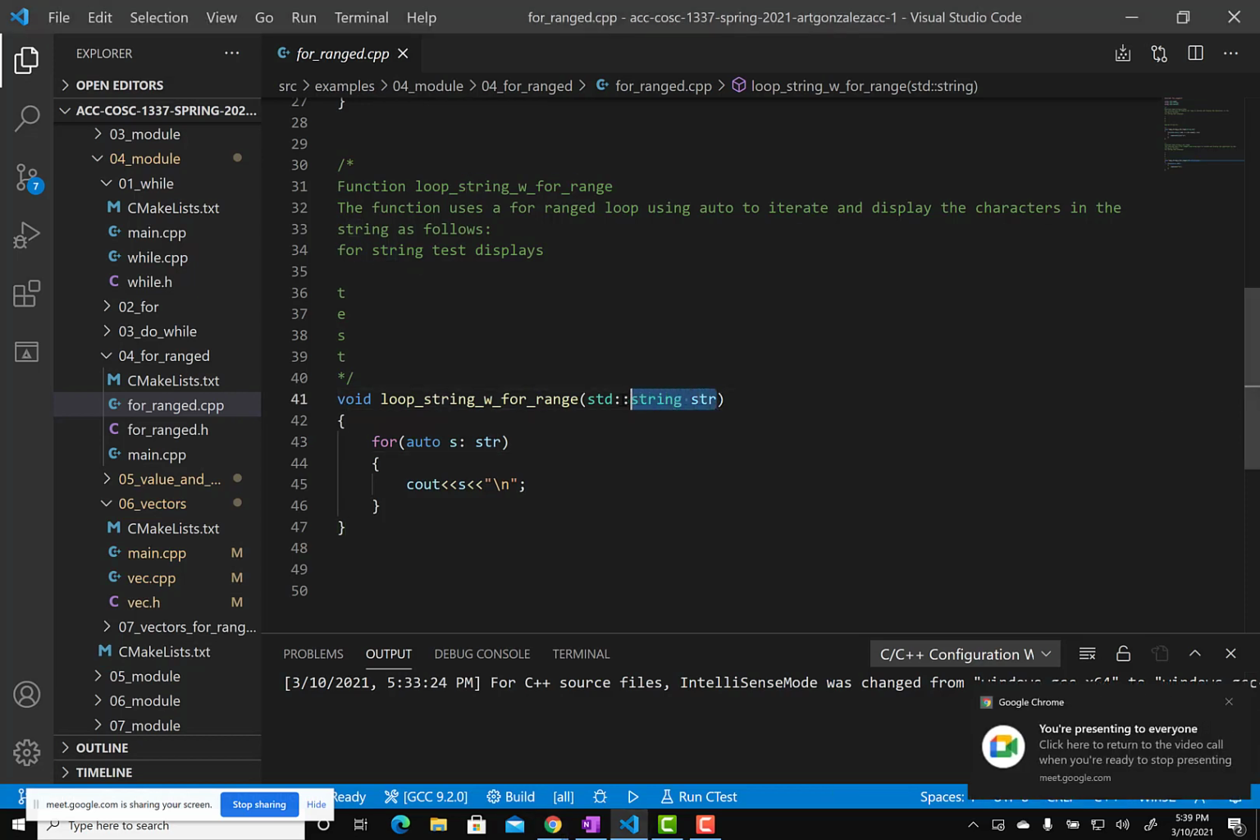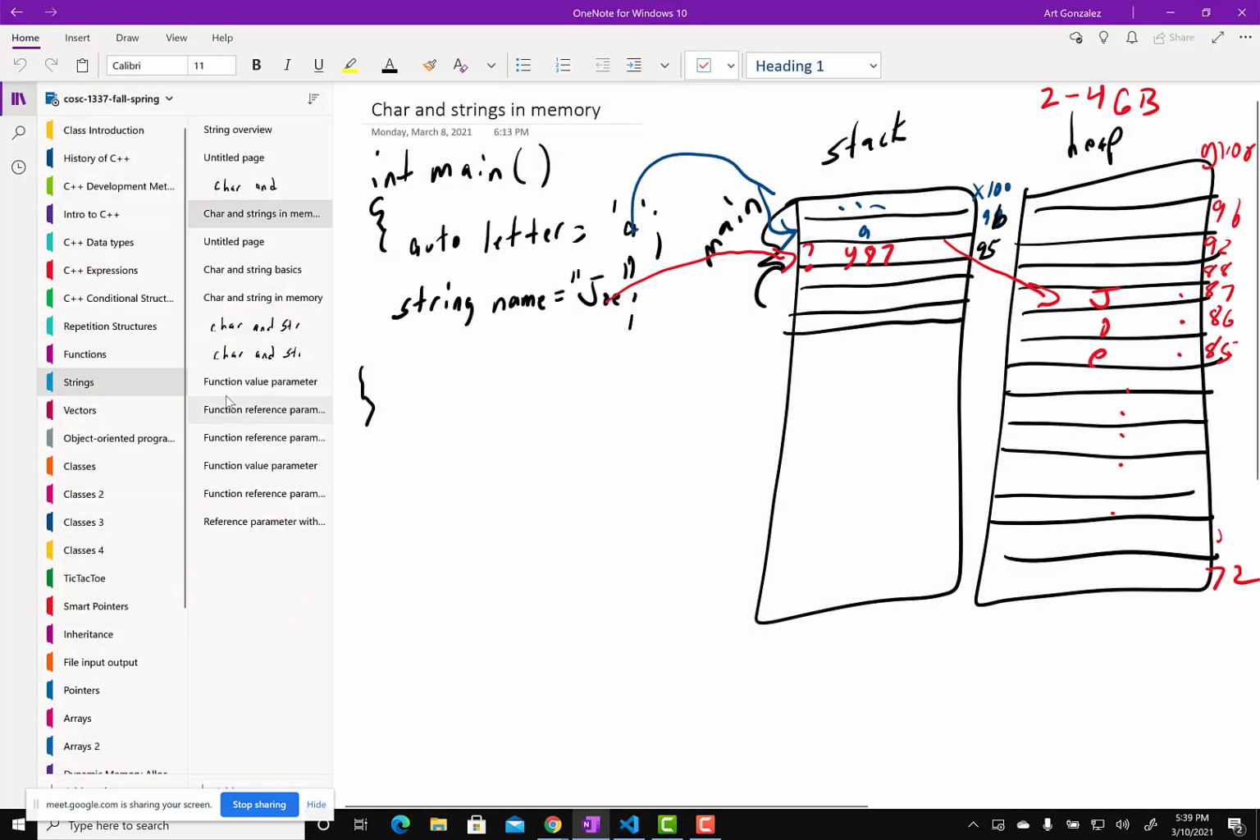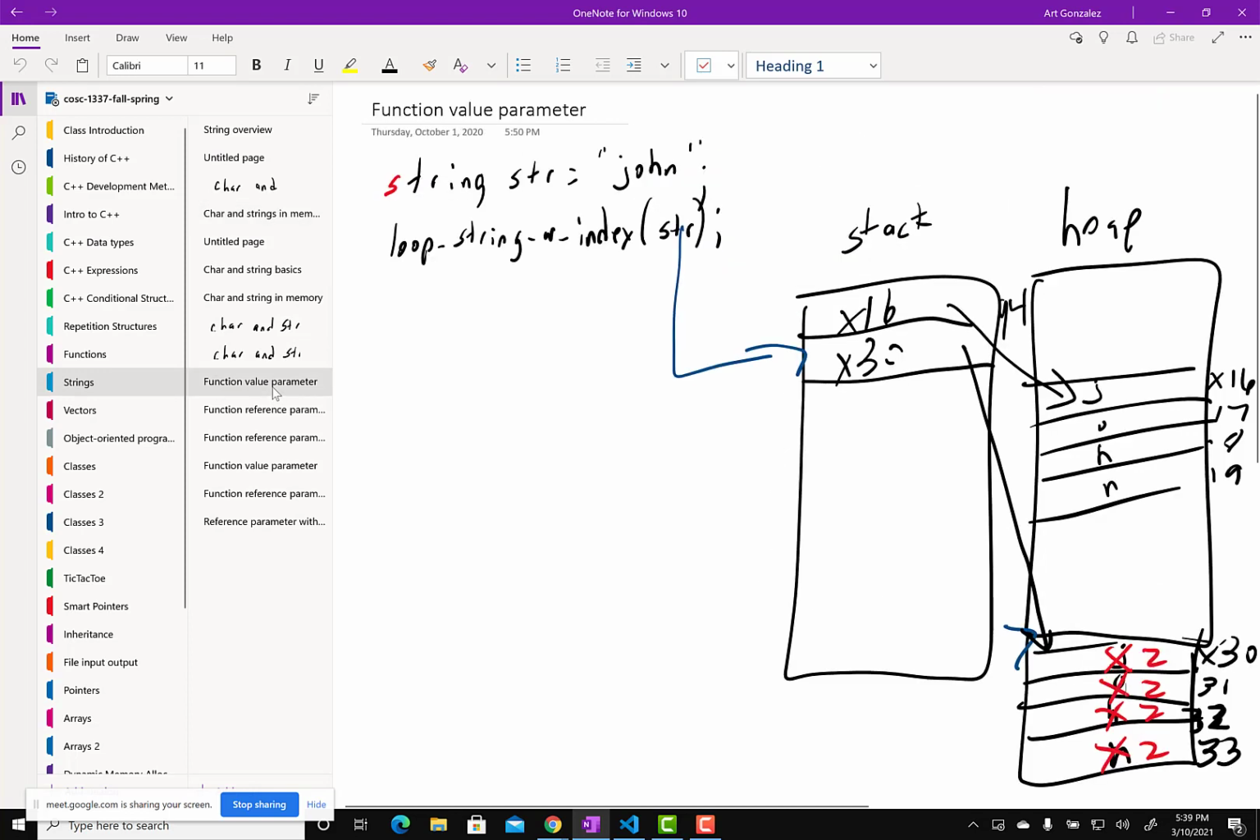By now we should know that a value parameter creates a copy of the string in memory. So let me see, string value, something like this, right? If we create a string and give it the value John, and we use the function loop string with index, which has a value parameter John,